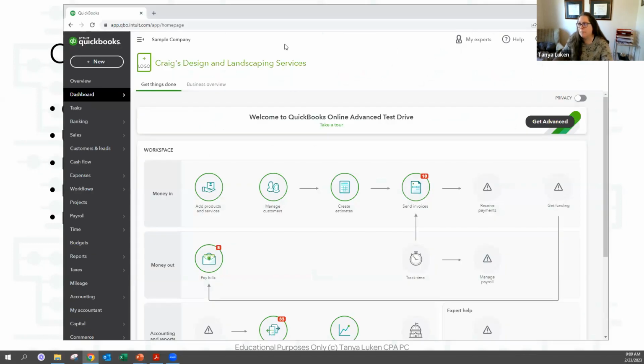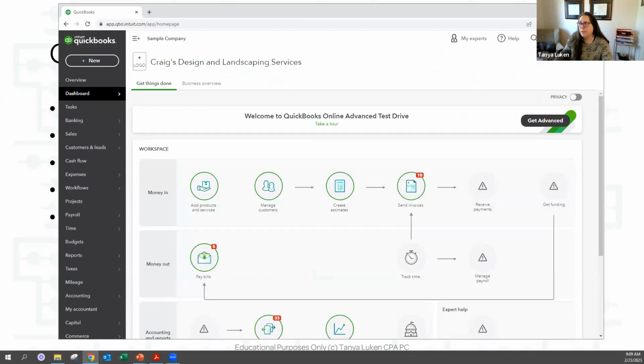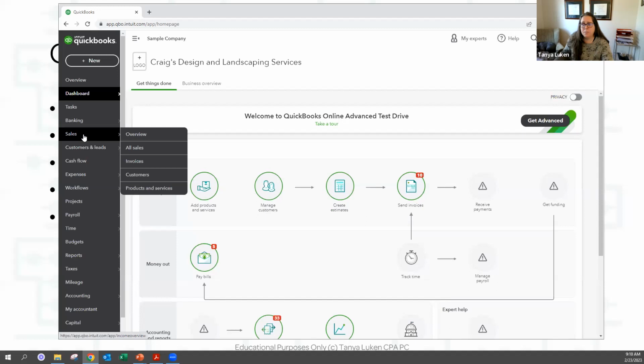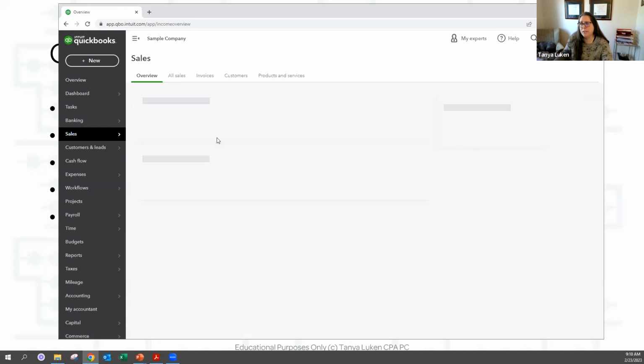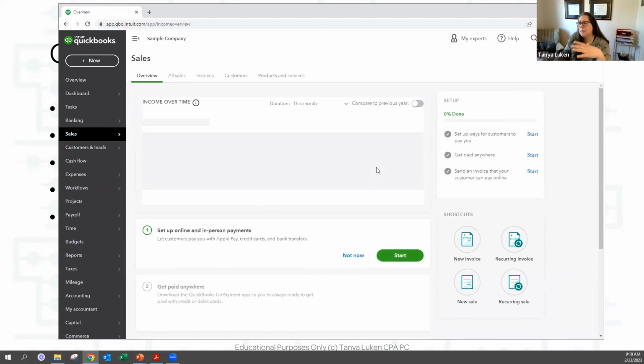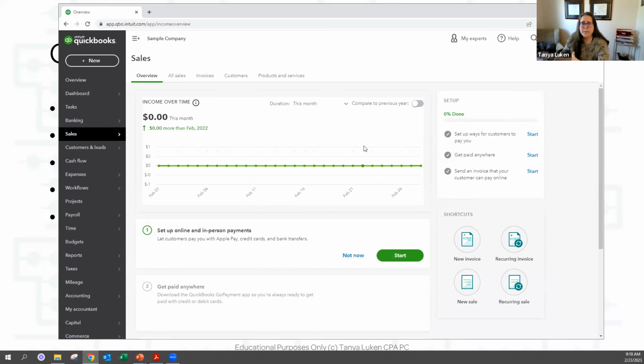So here's my demo company. Remember, we use our gear icon when we have to do something difficult. Our products and services list is here. These are the things that we sell. And here on the left in our navigation bar, this is our sales overview center. So if we go to the overview, I'll just walk you through this one. The sales overview, some people like these things. I personally, because I learned QuickBooks 20 years ago, just know to go somewhere else to get this information. So if you like these, by all means, I think they're great.